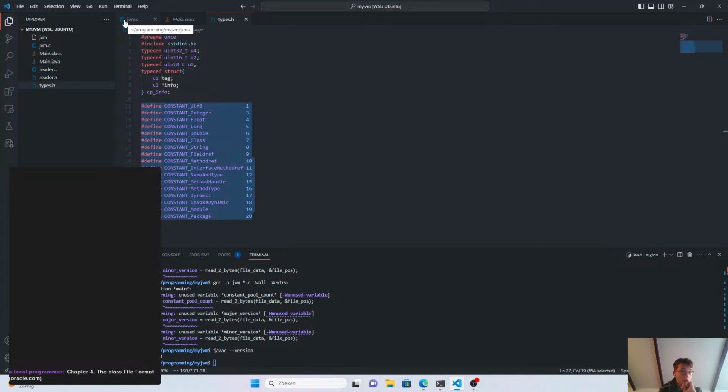So we'll make a quick cp_info buffer set to 0, and then the cp_info.tag is equal to read 1 byte. So the buffer tag is equal to read 1 byte. But now